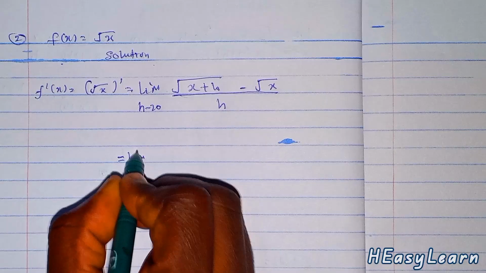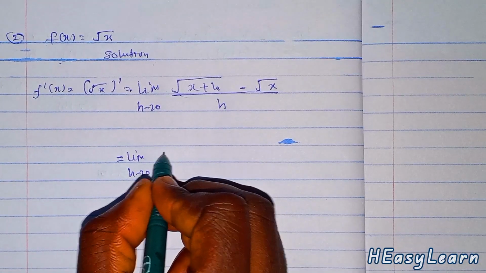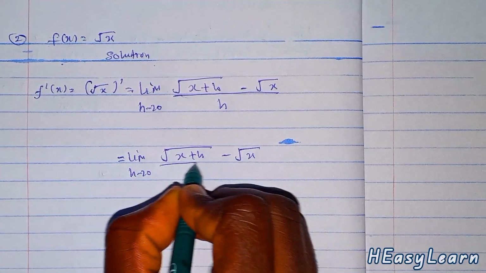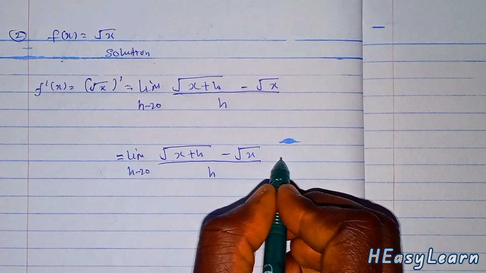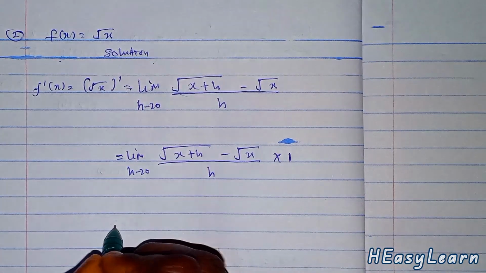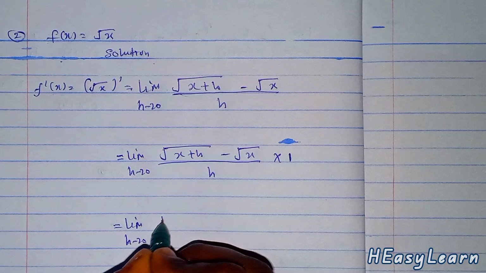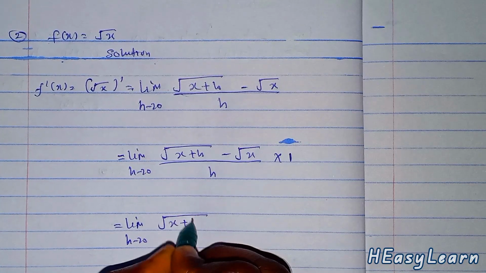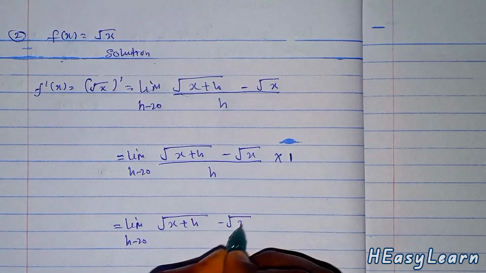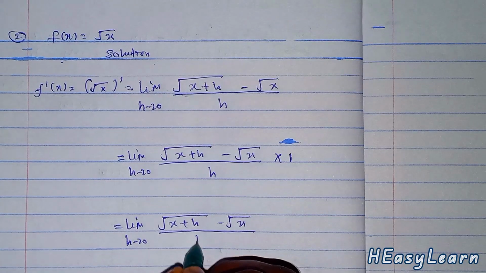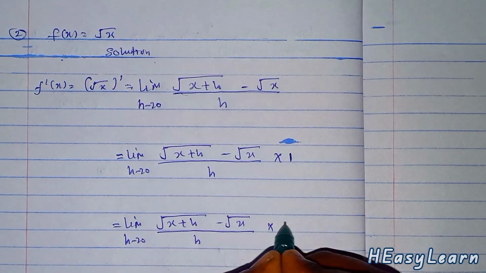From this step, rationalize this. To rationalize the numerator is to multiply it by 1. The limit as h approaches 0 of square root of x plus h minus square root of x over h multiplied by